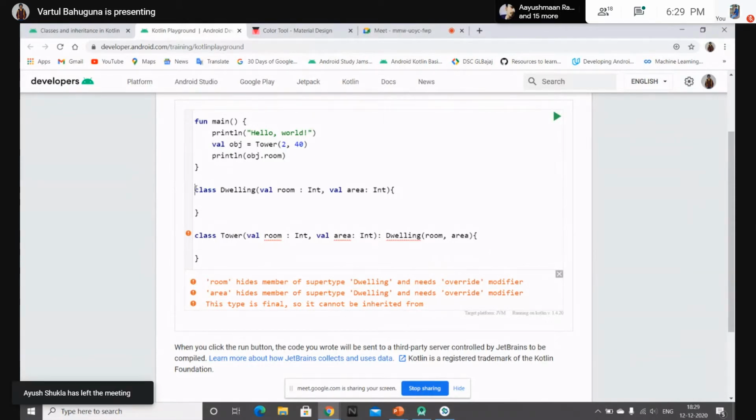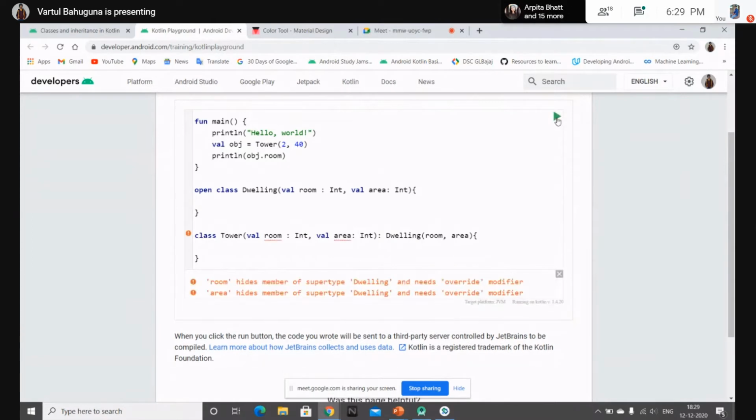So to inherit them, we just have to write the open keyword, and then again it hides the member supertype. Okay, sorry. Let me change the variable to x y, and then provide those x and y over here.